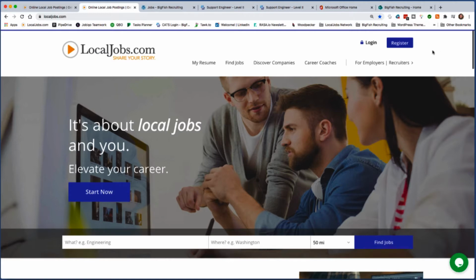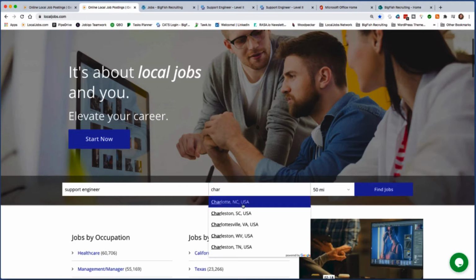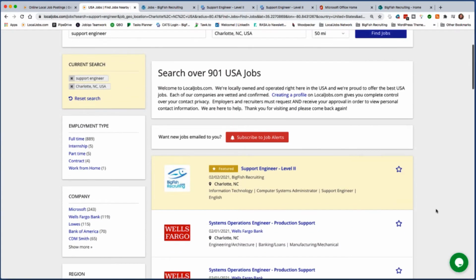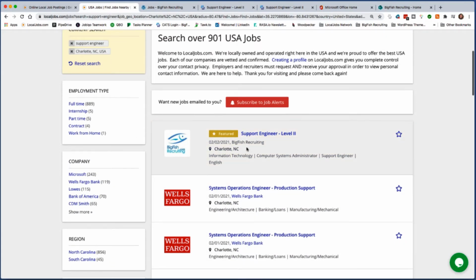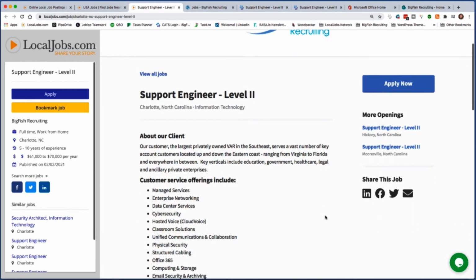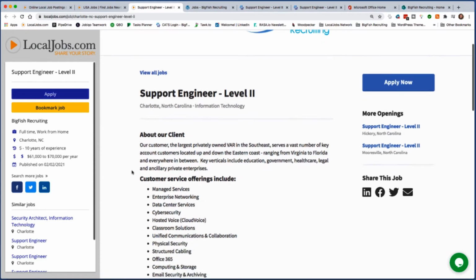For example, if you have a job listed with LocalJobs and it is linking over to your site, a candidate may come in, and I'm going to use an example of a job I just posted here for, say, a support engineer role. The position is Charlotte, and I'll leave it at a broad search. Here we go. Here's the position. You can see other companies here, but if we selected this position as a job seeker, I'm brought into the information page,